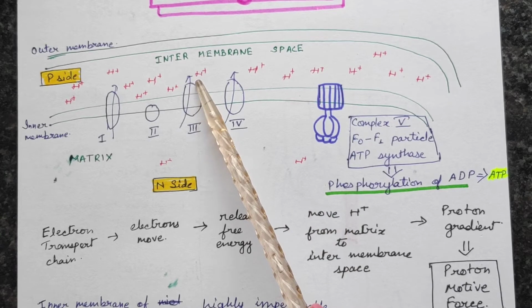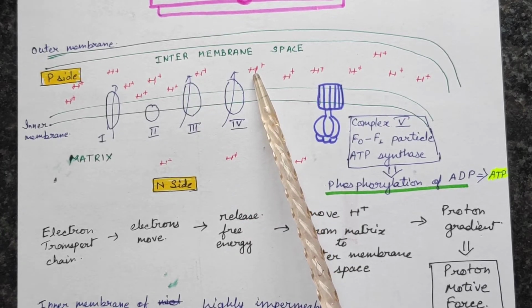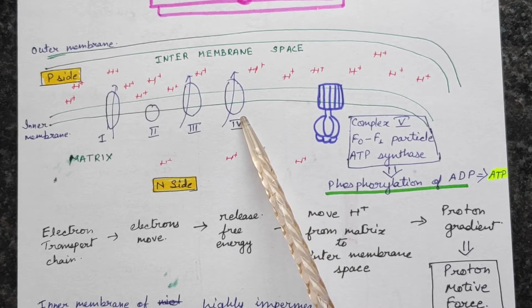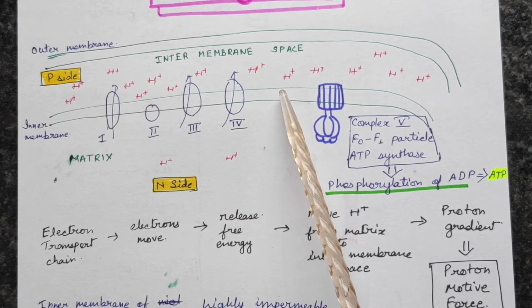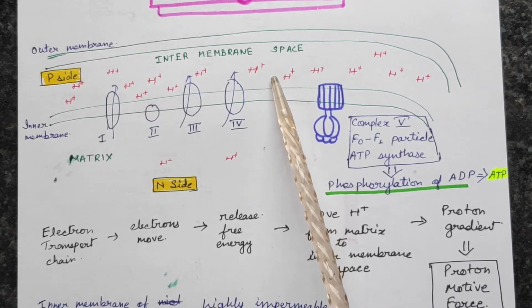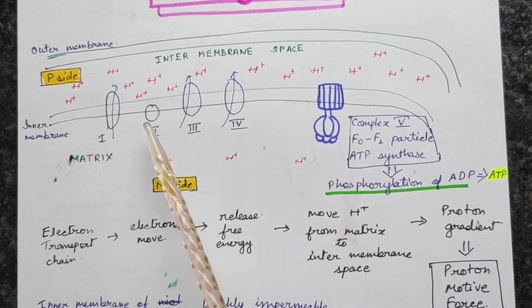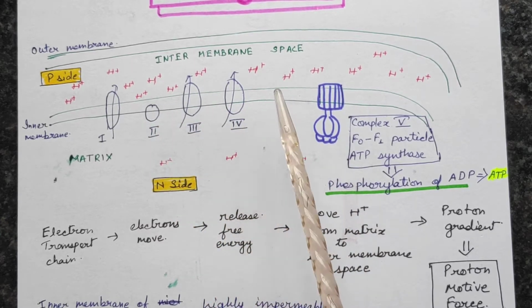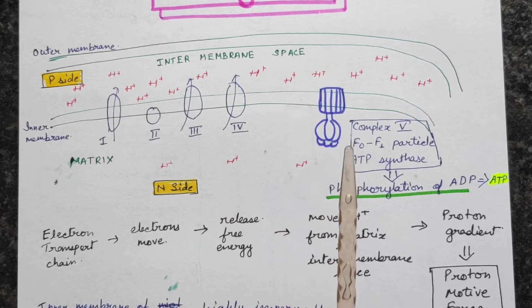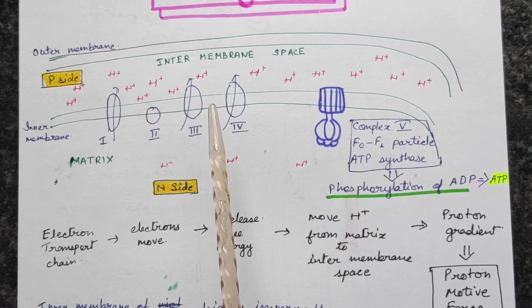This electrochemical proton gradient is maintained very effectively by the inner membrane, as it does not permit the entry or exit of any ion other than through the channels. If there are channels, then that will allow it, but the channels usually allow flow only in one direction, so there is no leakage from the inner membrane, as it is highly impermeable.